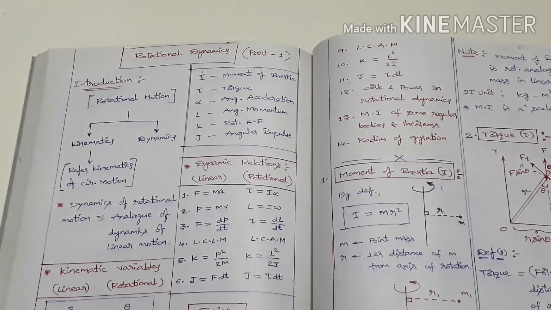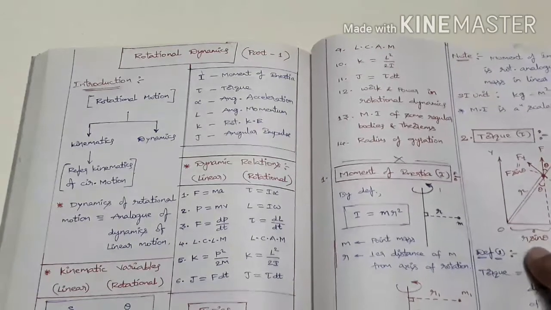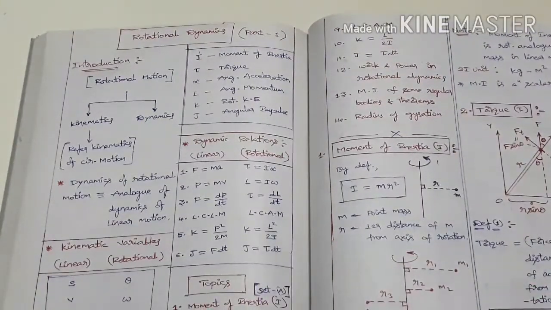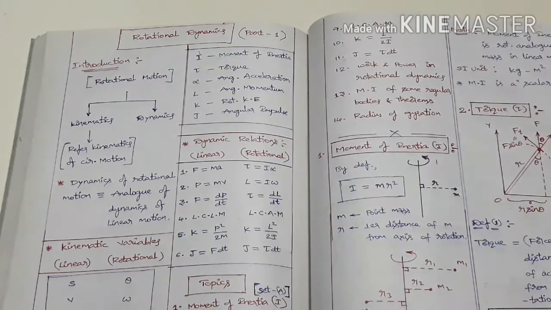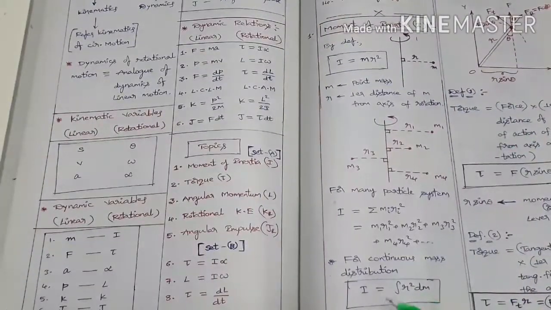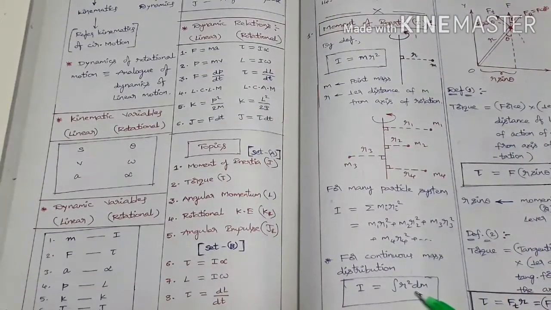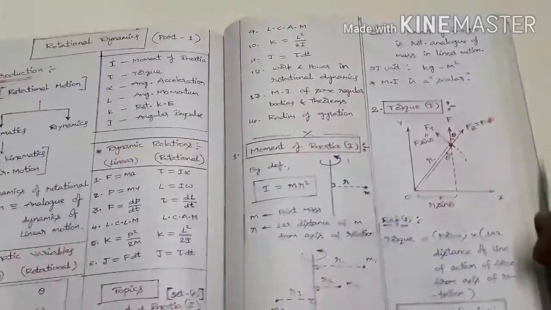Okay, for continuous mass distribution: here we have considered only discrete point masses. So what if there is a continuous mass distribution? For example a ring, a disc, a solid cylinder, a hollow cylinder, a spherical shell, all these are continuous mass distributions. In that case, how can we find the moment of inertia? It can be found by this: I equals the integral of r square dm. We consider a small, infinitesimally small mass dm. Its distance is r here, so we integrate this, I equals the integral of r square dm. It gives us the required value.